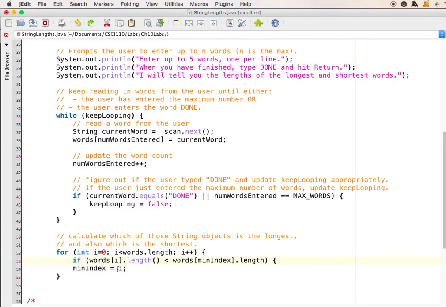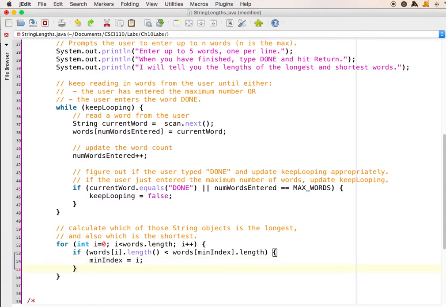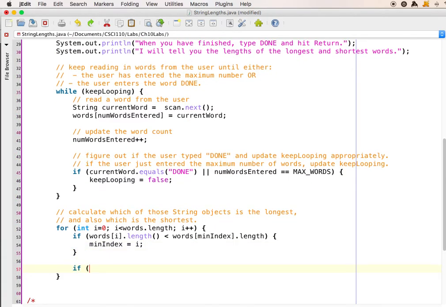Let's get my if statement back in gear here. Okay. And then I have a different test for max, of course, the opposite test. If word[i].length is greater than the maximum,